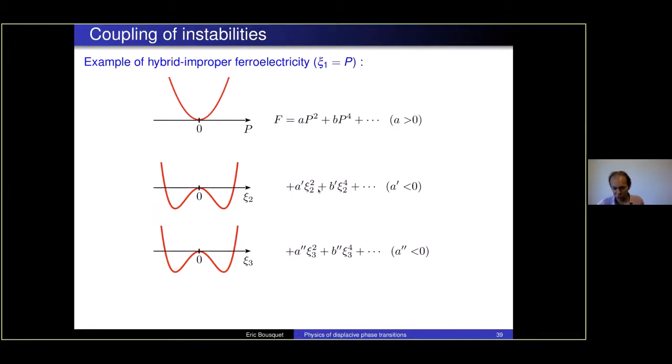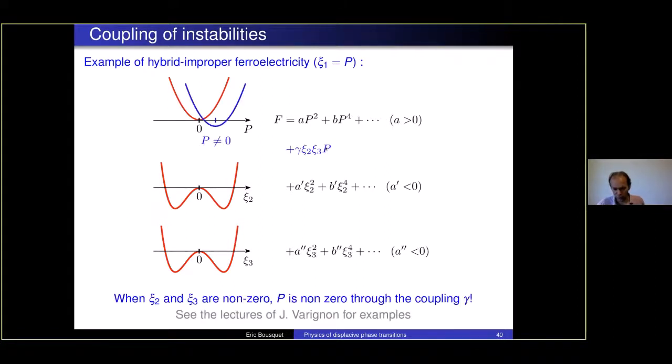But you can end up with two other order parameters, Xc2 and Xc3, that have a negative A coefficient here, harmonic coefficients. And this means that you can lower the energy with respect to these two order parameters, Xc2 and Xc3. But if you have a coupling with respect to the polarization, it can be of this type here, Xc2 Xc3 times P. This means that once Xc2 and Xc3 are non-zero, this term is non-zero, and this means you can induce a polarization in your system even if you don't have a double well with respect to the polarization at the beginning.